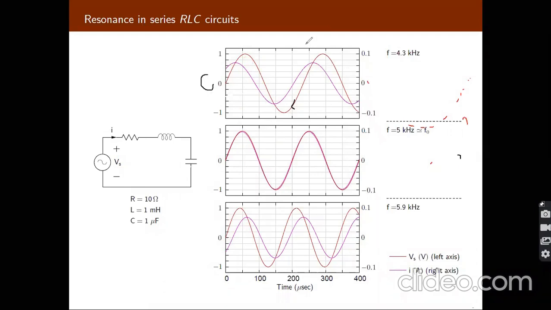Next, the second case is where both voltage and current are in phase. That means there is no phase difference. So this is at resonance frequency. The circuit is acting as only a resistive circuit. Next, this is the voltage and this is the current. So here the current lags the voltage. Yes or no? If the current lags the voltage, it means the circuit is acting as an inductor. Okay, so this is all about series resonance.